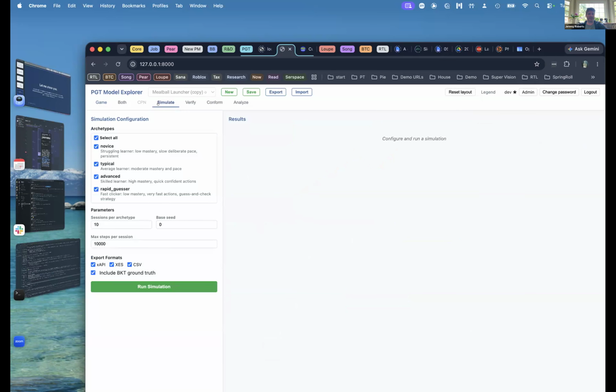So when I get to something like simulate, I can say, I would love for you to think about all of these archetypes, and let's do 10 sessions per archetype. And seed here: everything that gets simulated by PGT is reproducible. It's deterministic. So if I set a seed and gave someone else that seed, they could reproduce my simulated data set exactly.